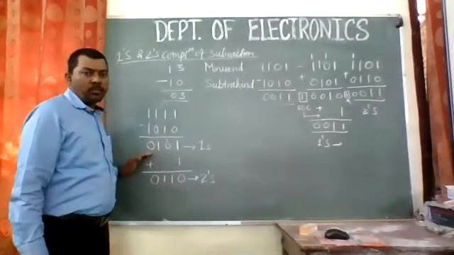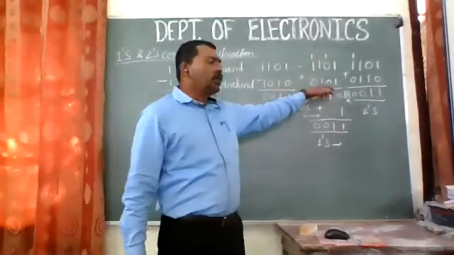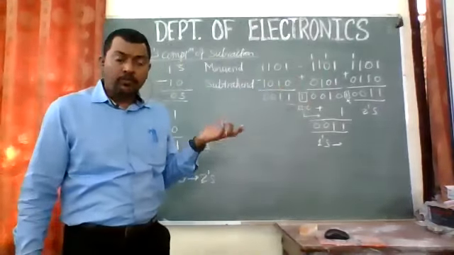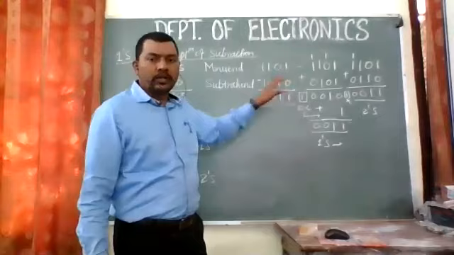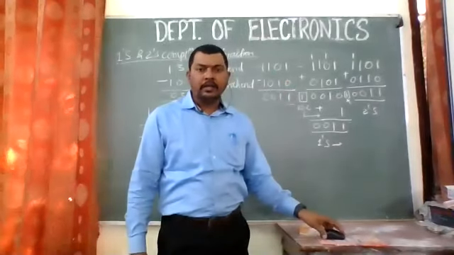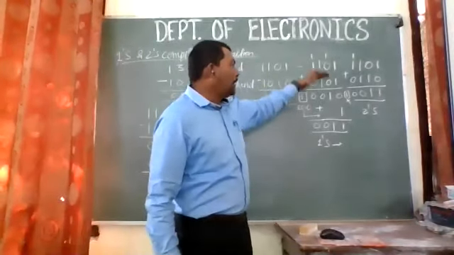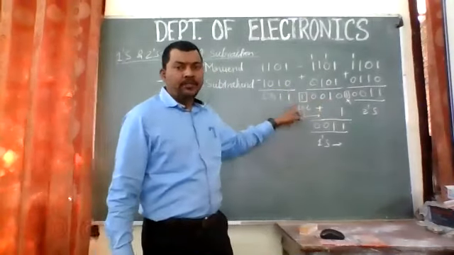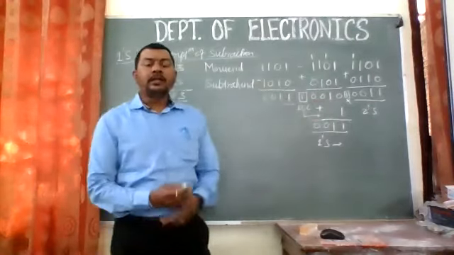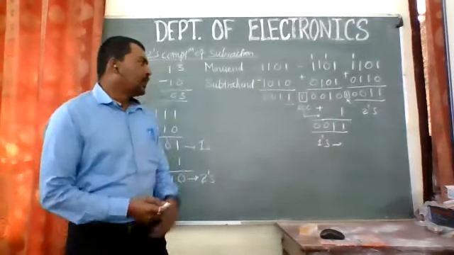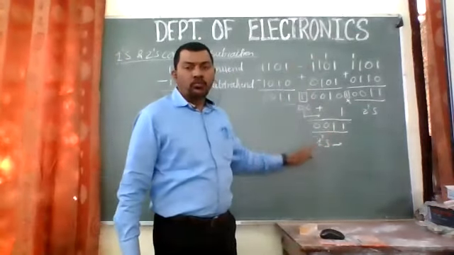Now, the next step is to add the minuend with the ones complement number that we have got. So 1101 is the minuend, the original number, and 0101 is the ones complement of the number 10. 10 means 10 in decimal, so it is 1010. We add these two numbers. When you add this, you'll get a number with a carry. If a carry is generated in ones complement, then we have to add that carry back to the result. So we'll get the result as 0011, right? And this is by using the ones complement method.